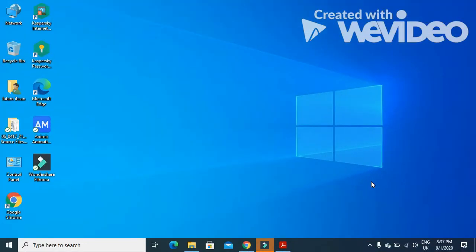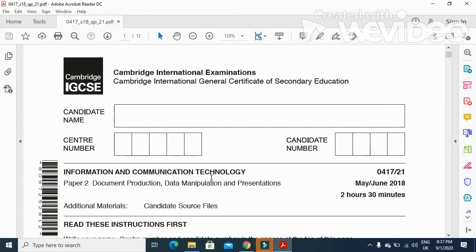Hi everyone, today I'm here to explain Cambridge IGCSE ICT 2018 May-June Paper 2-1 document production part. So in this part of the question paper,